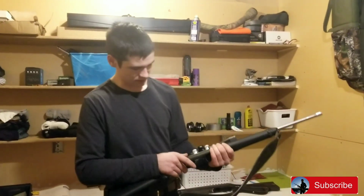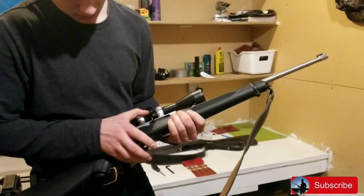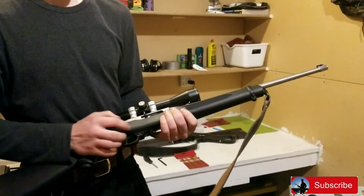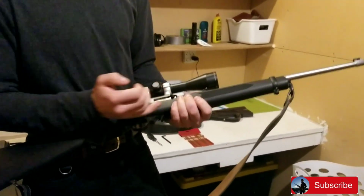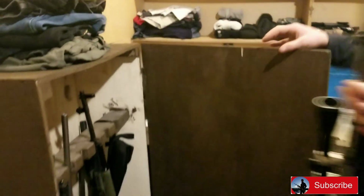Today we're going to be showing you how to make a Ruger 1022 do this. So you pull the bolt back and you lock it with this thing, and it's a pain to unlock most of the time, so you can modify it so you pull it back and release and it'll go forward by itself. So we're going to be doing that